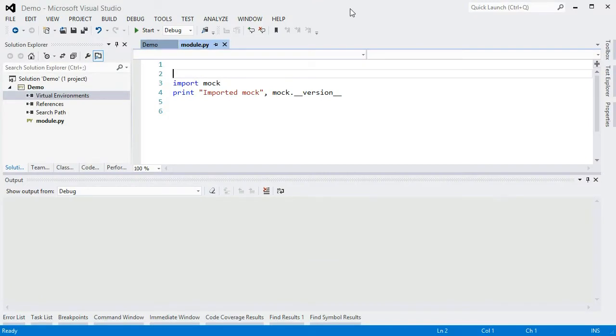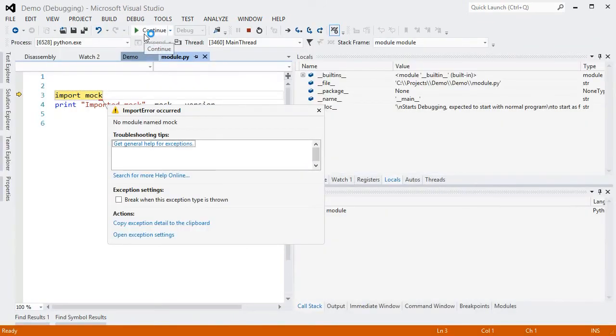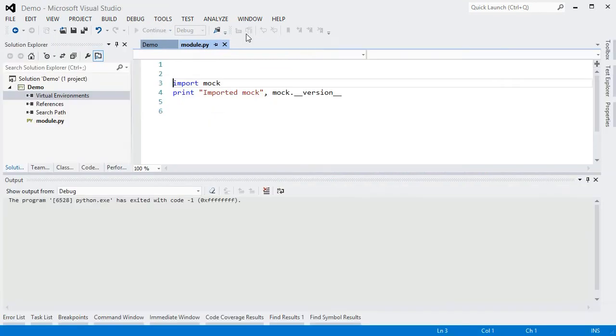So here I have a project that currently uses my main installation of CPython 2.7. All we're trying to do right now is import mock. But because mock is not installed, when I hit start, we get an import error. For whatever reason, I don't want to install mock into my global site packages. So by creating a virtual environment for this project, I can keep it isolated from my other projects that use